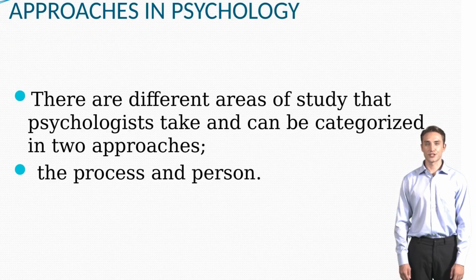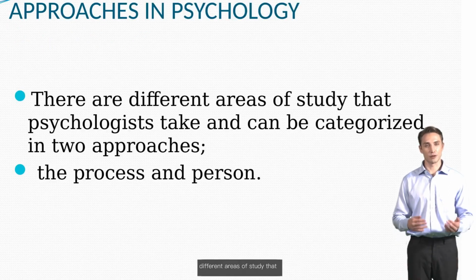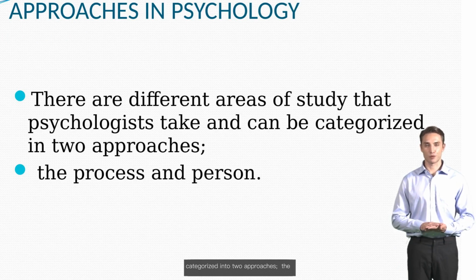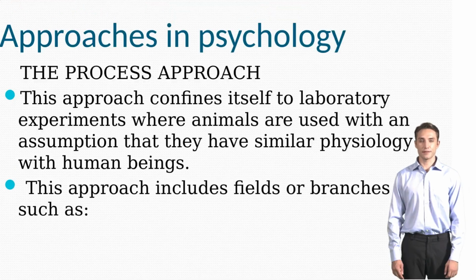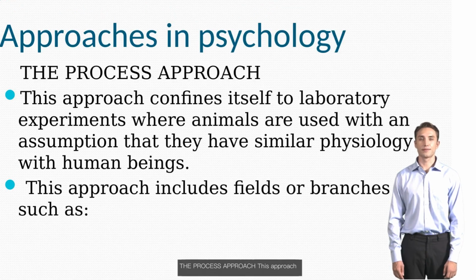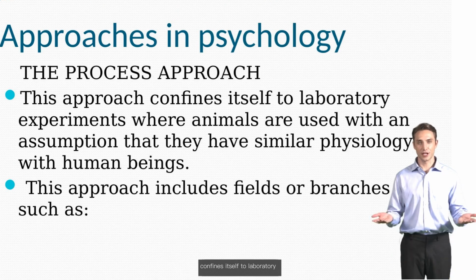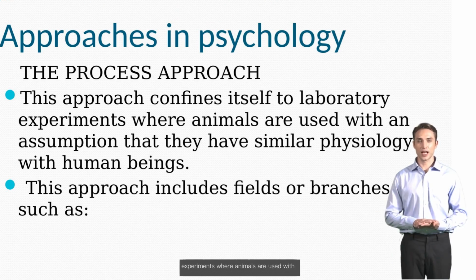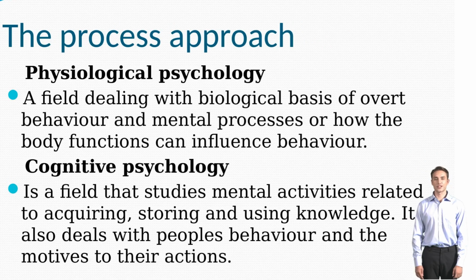Approaches in psychology. There are different areas of study that psychologists take and can be categorized into two approaches: the process and person. The process approach. This approach confines itself to laboratory experiments where animals are used with the assumption that they have similar physiology to human beings. This approach includes fields or branches such as